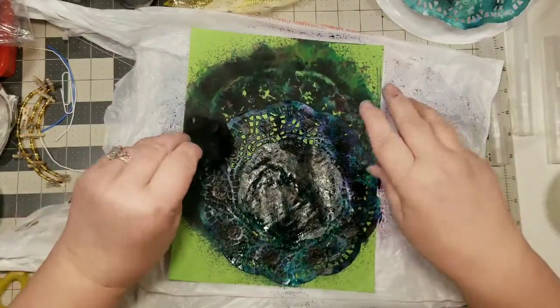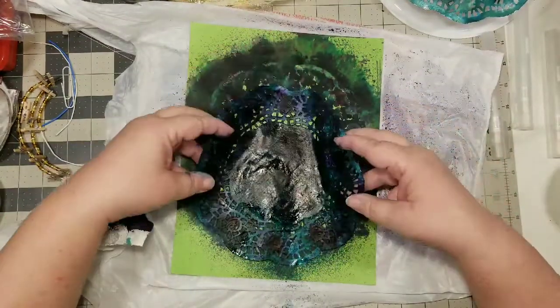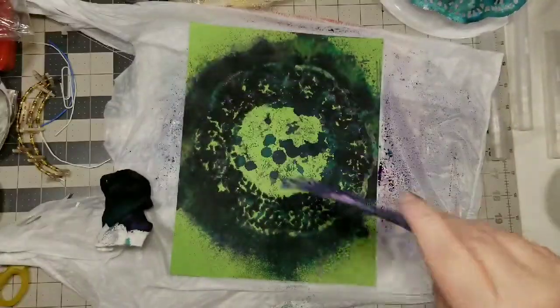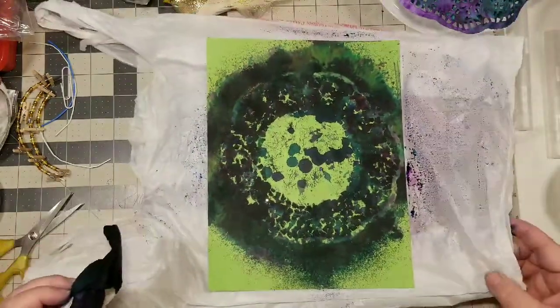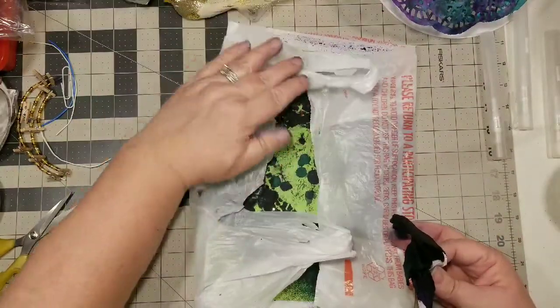Okay. So this is kind of how I want it. I'm going to leave it just like this, and then I'm going to let it dry. Well, not hang, but I'm going to put it up in a place where I can let it dry. Okay, I'm going to put this one over here. Now I'm going to just move this out of my way, and you guys are going to see my messy